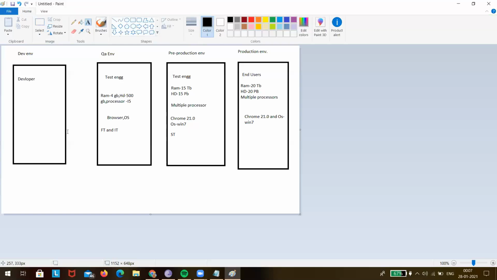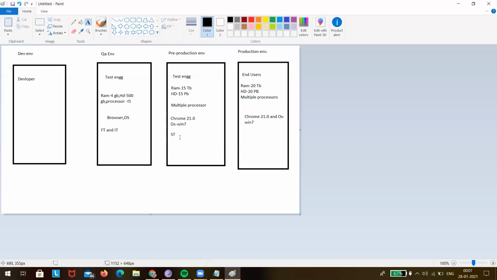So now the developer developed an application. We are test engineers. We tested in the QA environment, and in this we are doing functional testing and integration testing. And this is the pre-production environment, which is similar to the production environment. At this stage, we will do system testing. That means end to end, we will test in the pre-production environment.